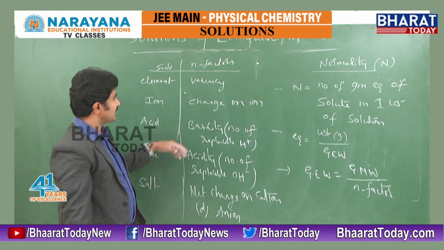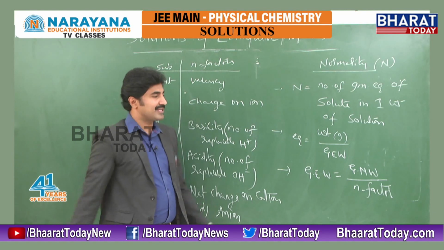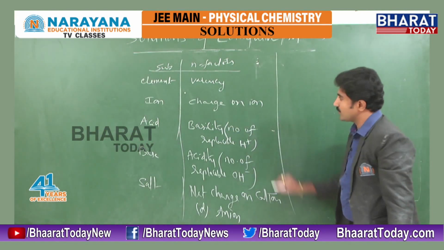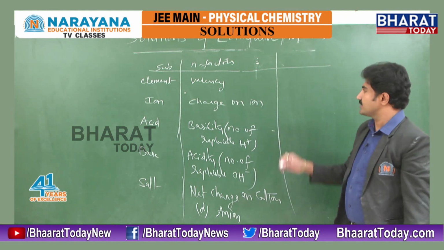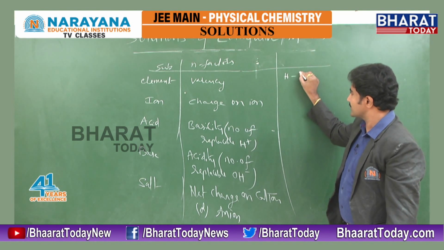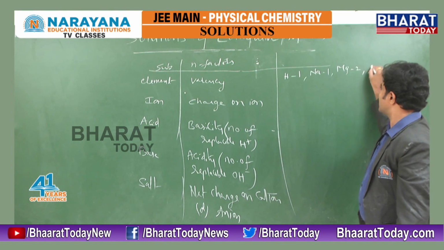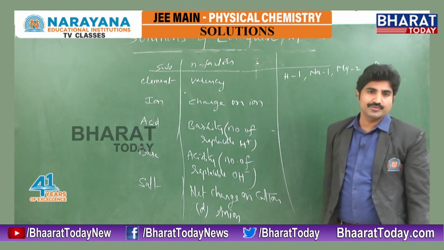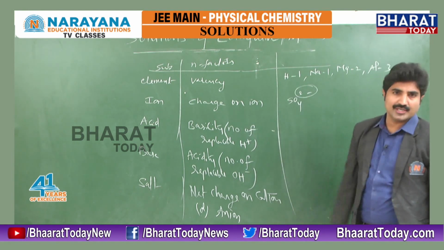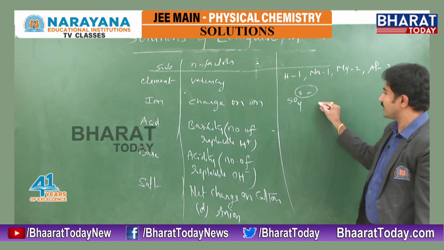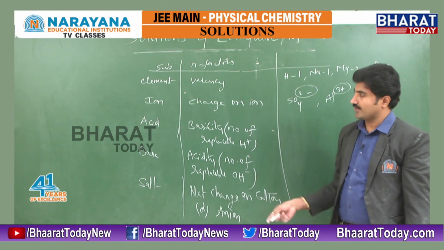So to calculate this n factor for various cases, these are the n factors. Here I am giving one example in each case. So if you look at this one, element, especially for element, what is n factor? Valency. Example, hydrogen valency is 1. Suppose sodium valency is 1. Magnesium valency 2, aluminum valency 3. Just we are using like that. So charge on ion, suppose sulfate. For sulfate charge is 2 minus, but use 2 as n factor. Al3 plus charge is 3. So like that we are using n factor.